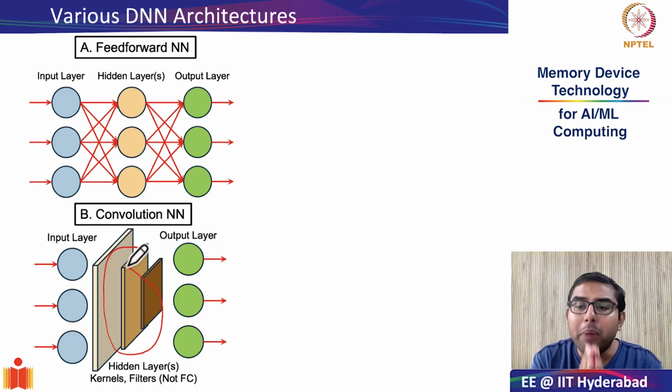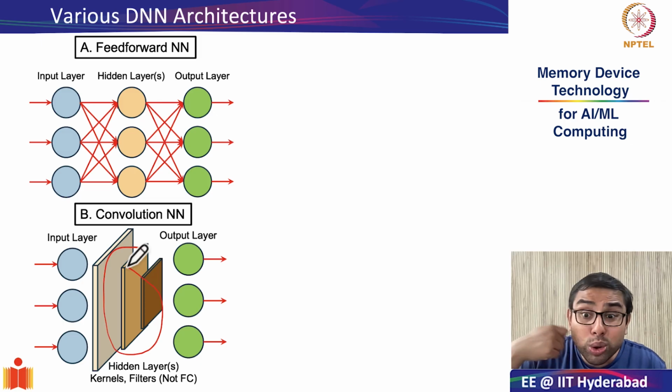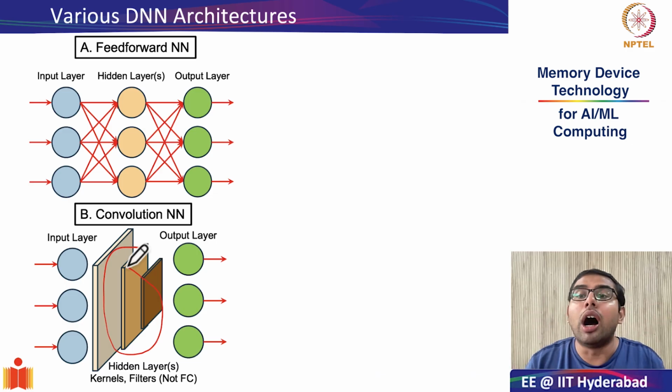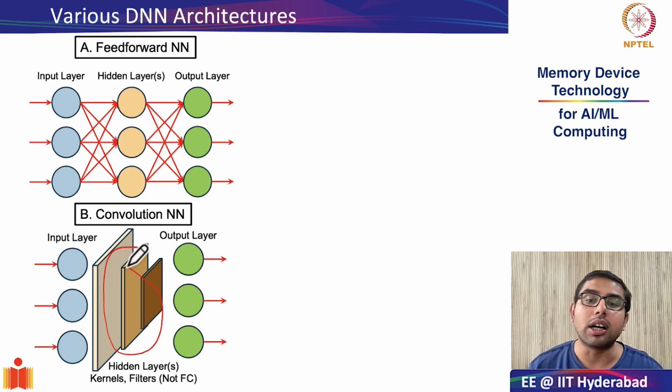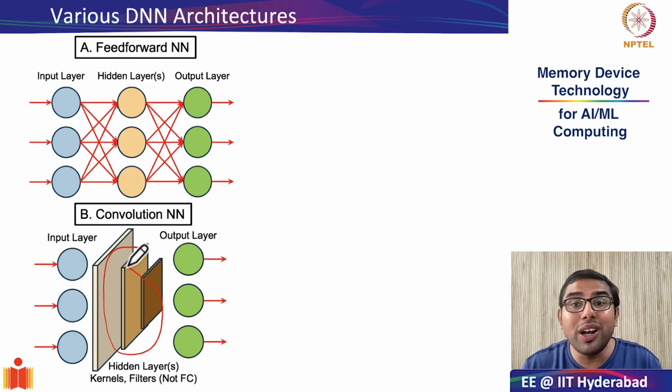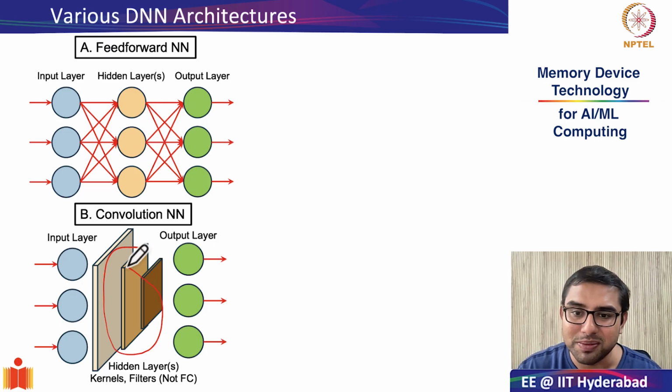This approach is much more efficient in terms of parameter space than fully connected layers because it reuses the same kind of filters across the whole image. And this is why CNNs are really dominating tasks like image classification, edge detection, object classification, and even self-driving cars. The very popular CNNs which you may have heard of are AlexNet, VGG, and ResNet. Don't worry, we will go into details of CNNs in the next class.